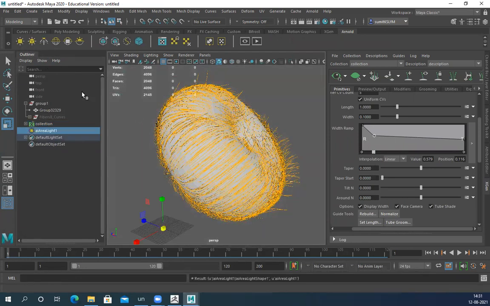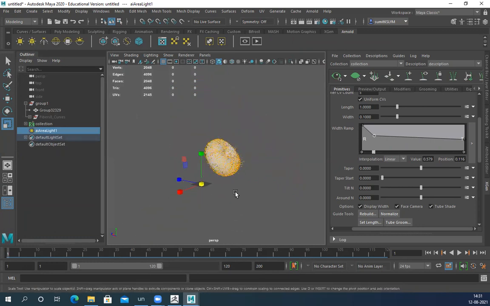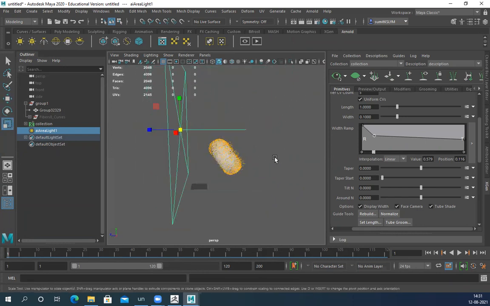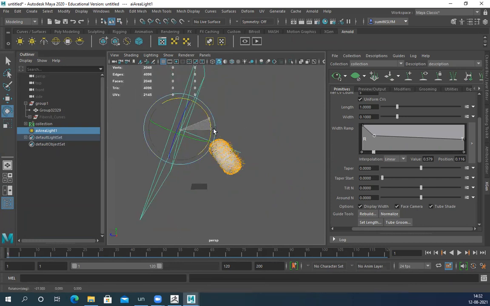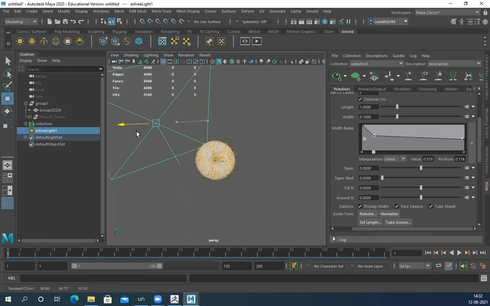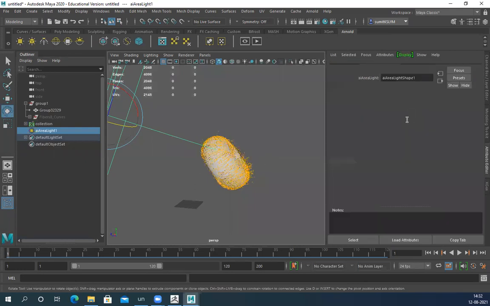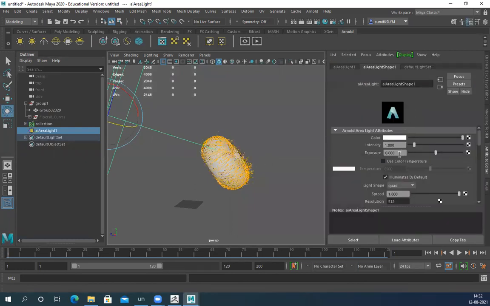Sky will delete and delete it. Create a light. Maybe it's a light issue or something, but I'm not sure about that.